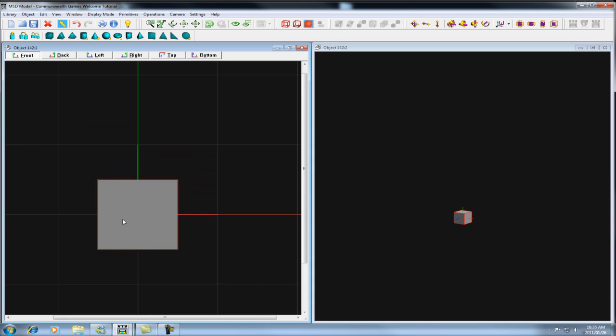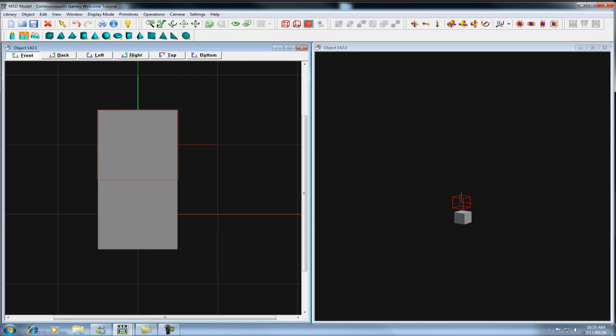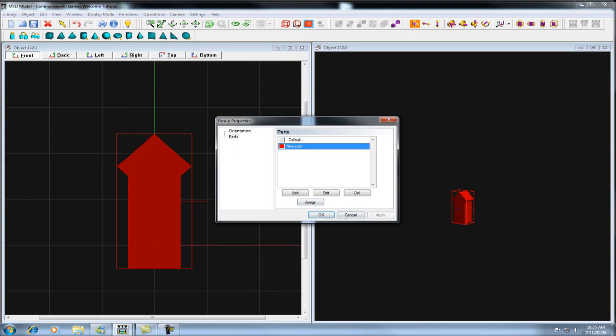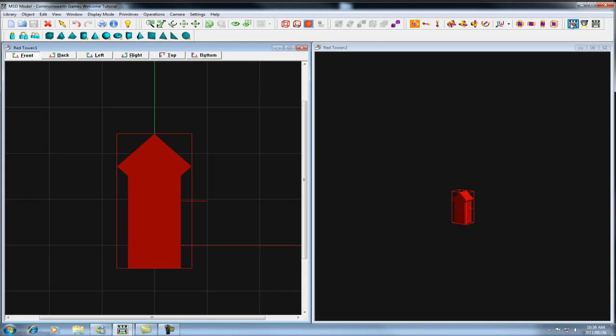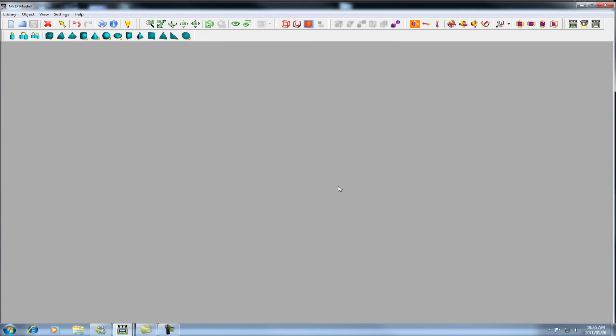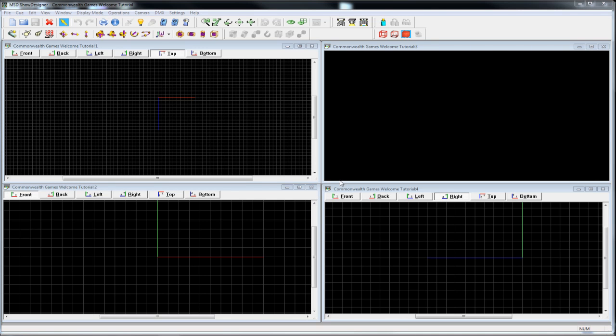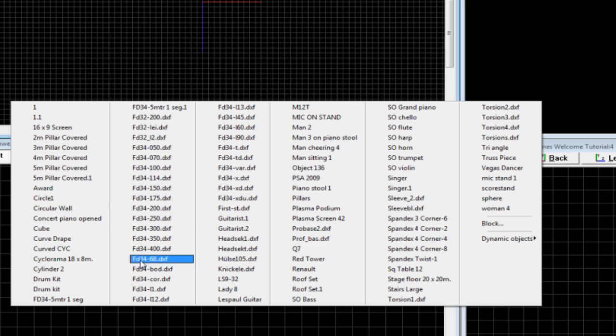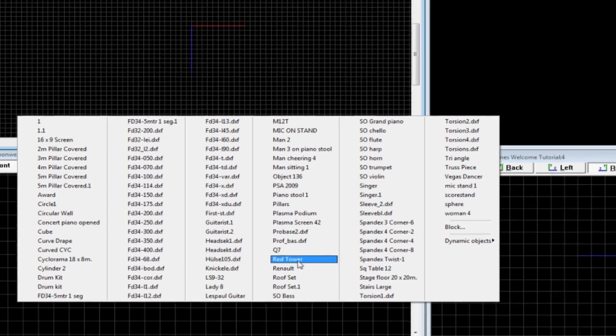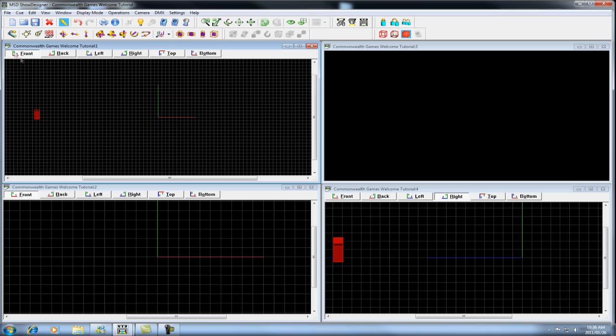You can then place objects in the modeler, save it. In this case, I'm going to call it Red Tower, and then switch back to the show designer. Once you switch back, you will now see, if you go to your objects list and pull it down, the red tower will be here as you made it. The nice thing about this is, as well as having imported this object or having made it from scratch in the modeler,